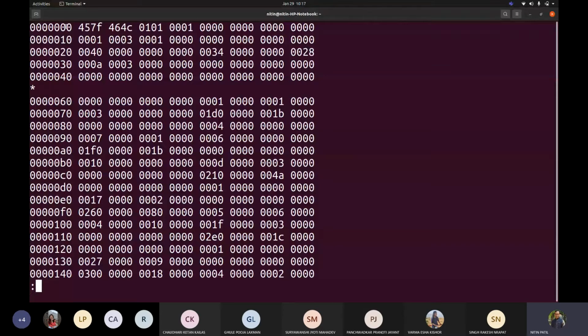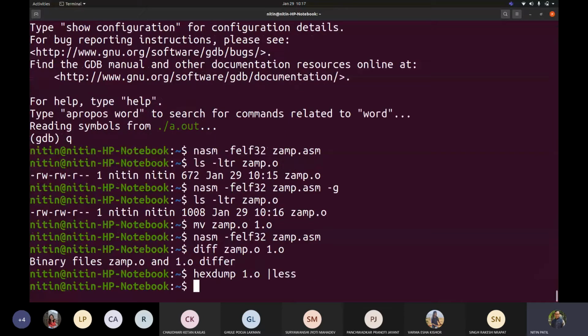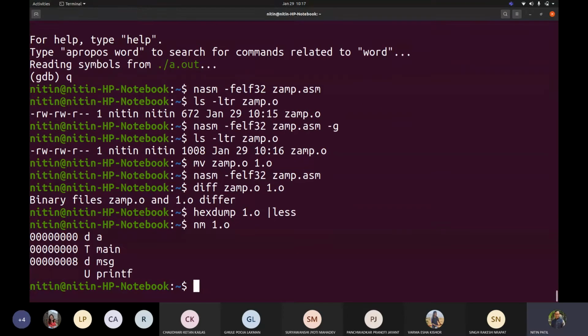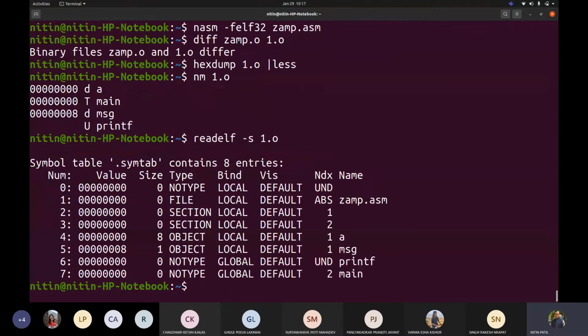They are linking time addresses, linking time binding you must have heard about, correct? And if I go with, say, nm 1.o, it is showing me 3. So if I go with readelf dash s 1.o, now you may see what is the difference between these two.